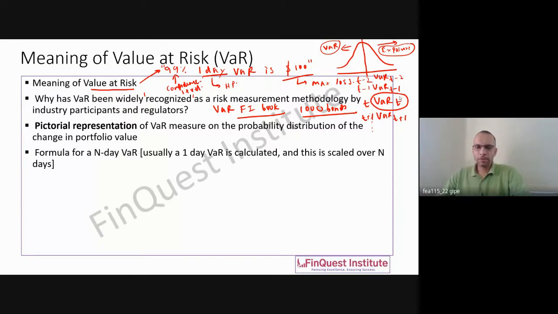But that way, VAR has been around for a long time and it is stable enough. That's why we call it a recognized metric for risk management. And here I've taken an example of just fixed income. But you can have VAR for FX, you could have VAR for options, you could have VAR for equities, swaps,